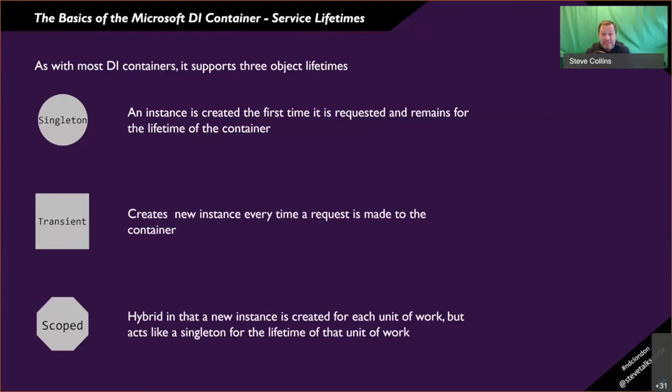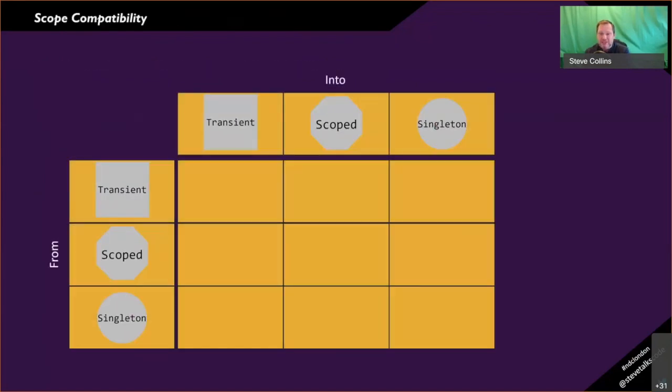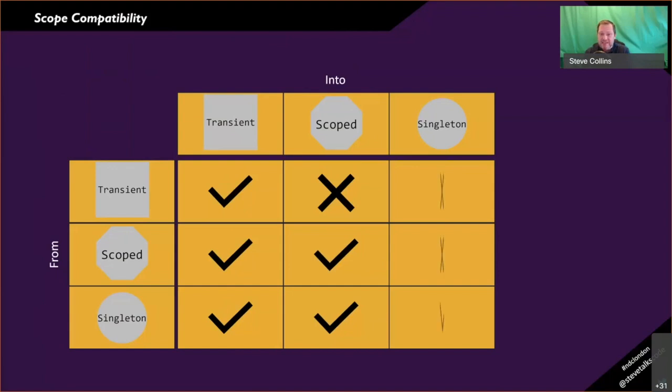The thing to consider with these different lifetimes is that some play well with each other and others really should be kept apart. So let's break it down. Starting with the shortest lived of the lifetimes, the transient can accept objects created with any of the three lifetimes. Moving up through the lifetimes, we next have the scope lifetime, which because it's slightly longer lived than a transient, shouldn't have a transient lifetime object injected into it. Lastly, as the singleton is the longest lived of all, this should only have other singletons injected into it,